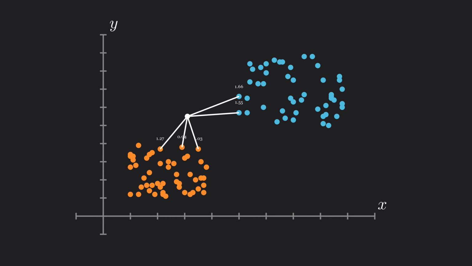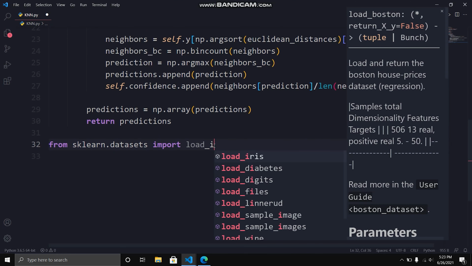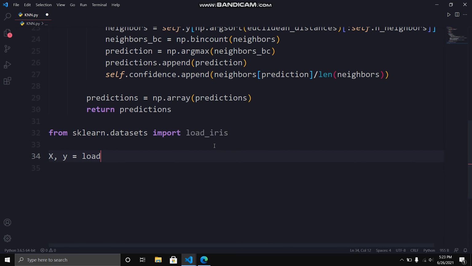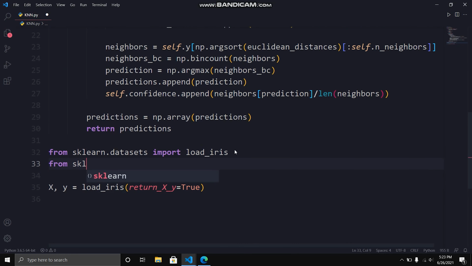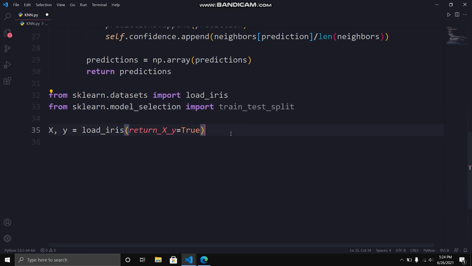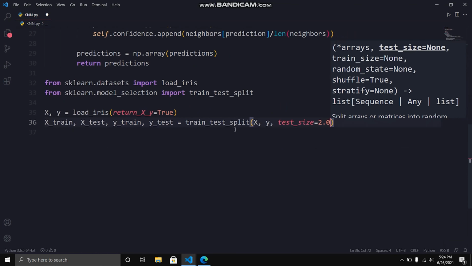Now it's time to test it. I will use the iris dataset as the classification dataset to test our model. So let's load the data. I have split the dataset into train and test sets.